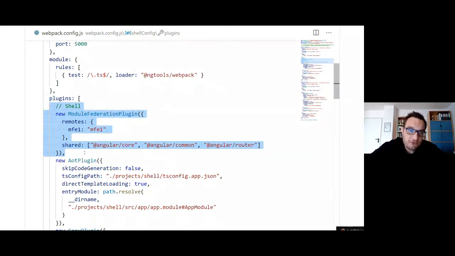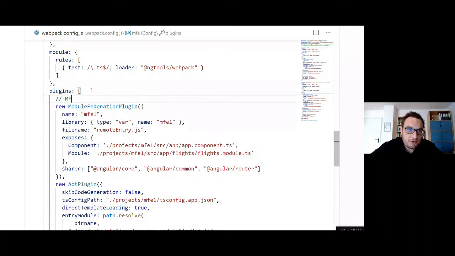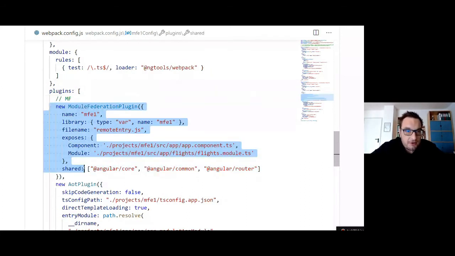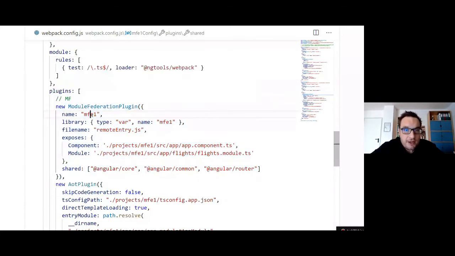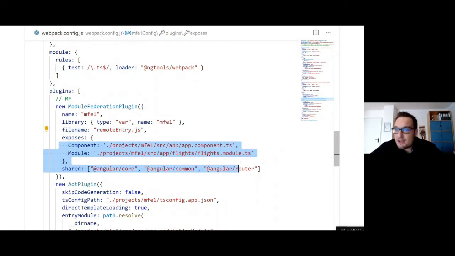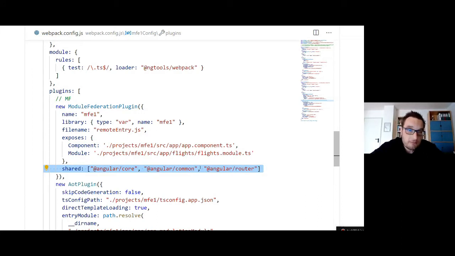When we move downwards to the configuration of the remote, of the microfrontend, we see more or less the same here. I'm assigning a name to this microfrontend. I'm defining the name of the remote entry point. I'm exposing an Ivy component and a module, and I am defining that I want to share some libraries.